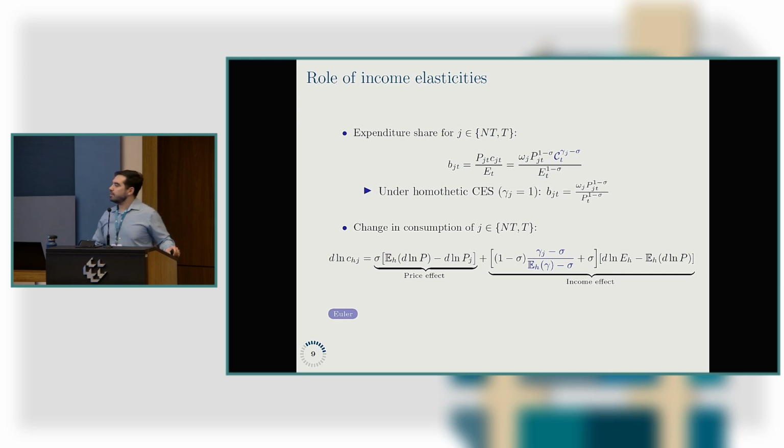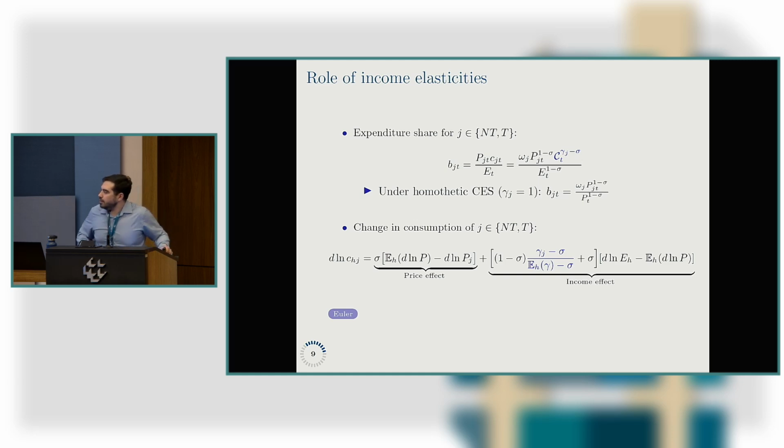And then I disaggregate the change in sectoral level consumption. So let's think about tradable and non-tradable. It depends on a price effect, so basically relative price, and on an income effect. And this income effect is affected by these income elasticities. This E in aggregate prices means that this is a weighted average across expenditure shares of the different prices at the household level. So it's household level inflation.